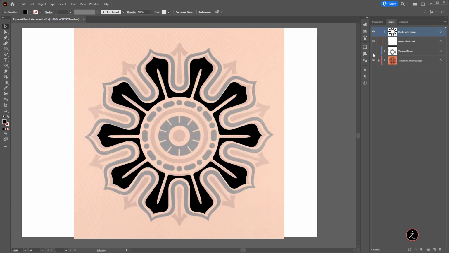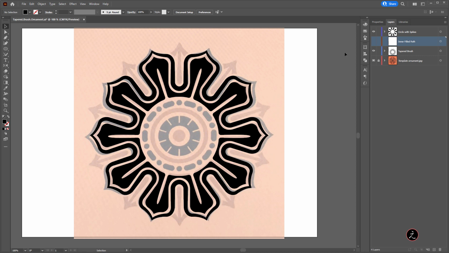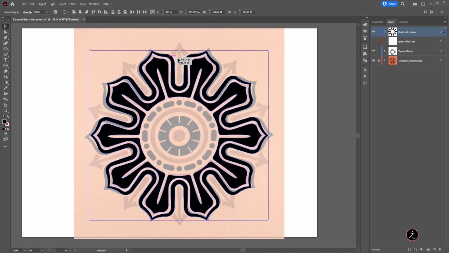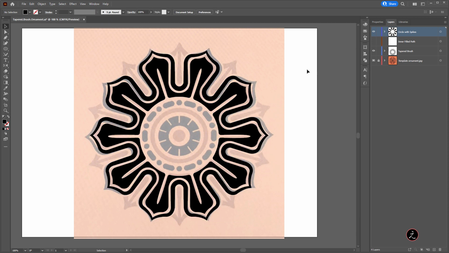And one more thing I'm going to do is, first of all, I don't need this anymore. Of course, I can just dump it if I wish, but I do need to have these two. So I will marquee select those two and make sure these are aligned to each other in relation to each other. So I'm just going to center this horizontally and vertically, and it seems both of them are. And now we are ready to go to the next step and create those inner shapes here.